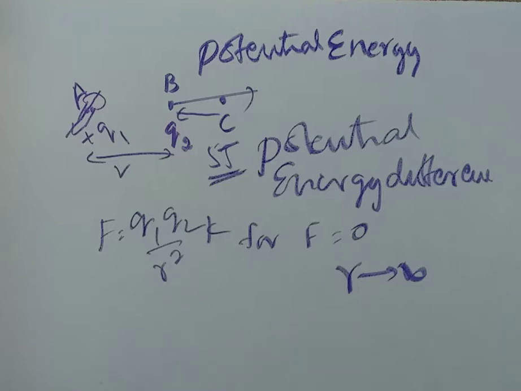With this idea, now what is potential energy difference, say from C to B? It is also defined like that. It is the amount of work done in pushing the charge from one point to another point against the repulsion without accelerating it. Only one small change. Instead of from infinity, we say from one point to another point without accelerating it. Everything remains the same as for potential energy. Only thing, instead of infinity, you have to use from one point to another point.